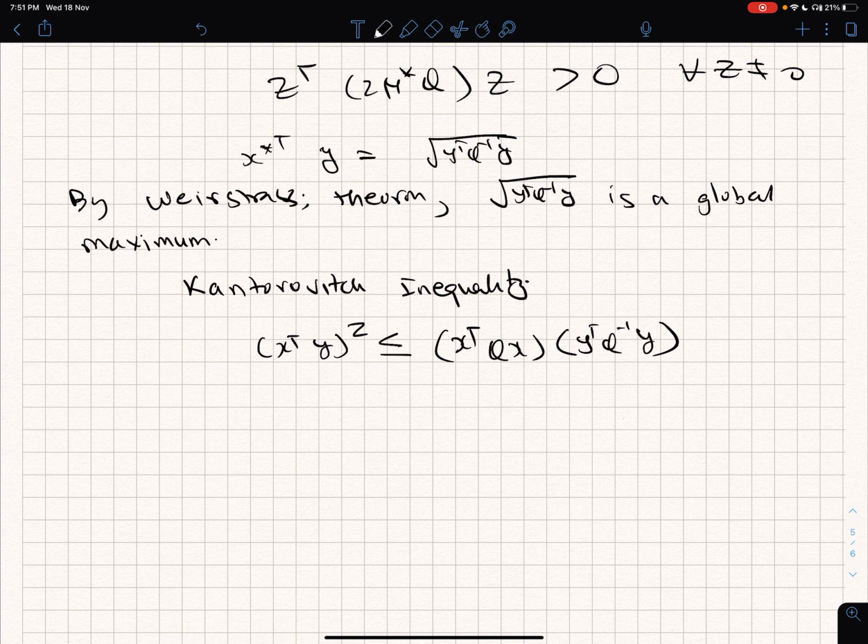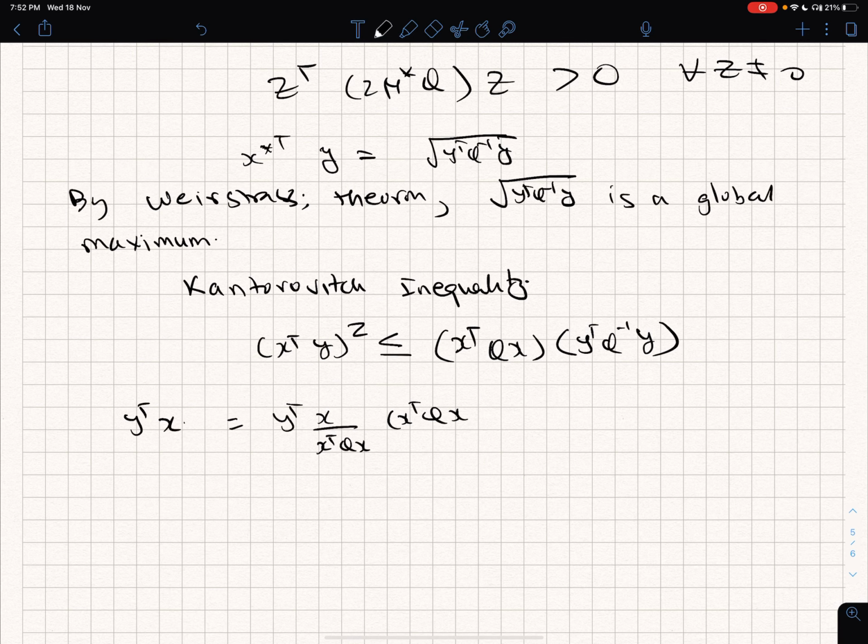So the way to proceed is that x transpose y can be written as y transpose x; they are one and the same. Y transpose x can be written as y transpose x divided by x transpose qx, multiplied by